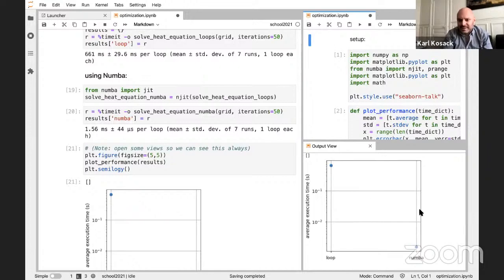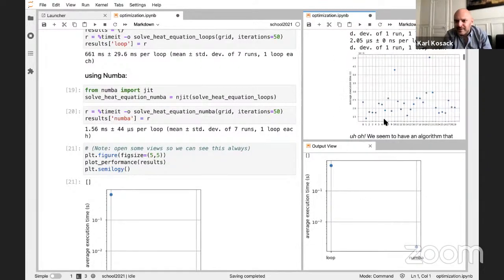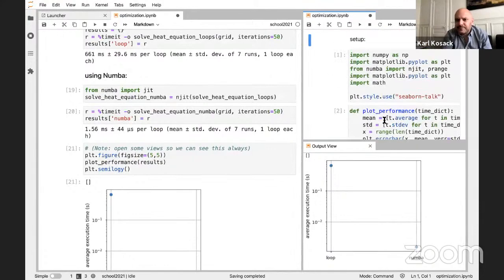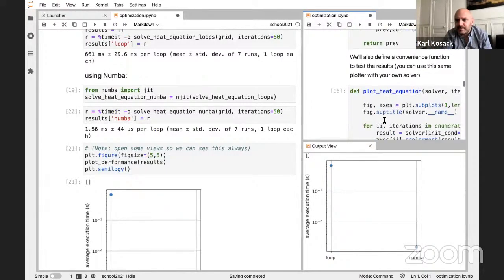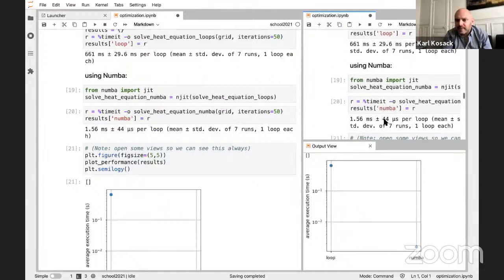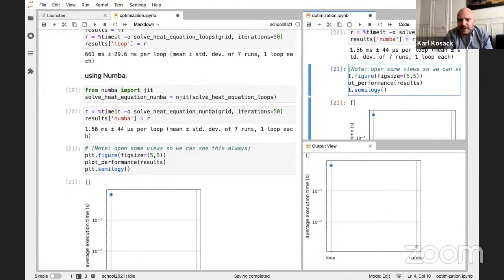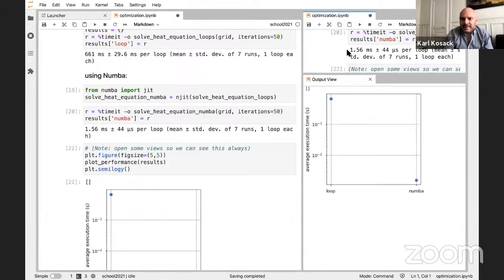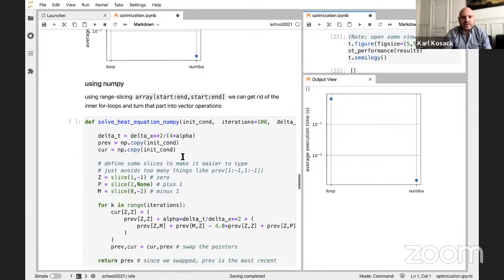So the important thing is to see this output view, and then I wanted this to be at the cell where I can execute the cell. Where was it? So it's golden ratio. Here we are. So now I can rerun this cell when I need to. Okay, and then it will update this.